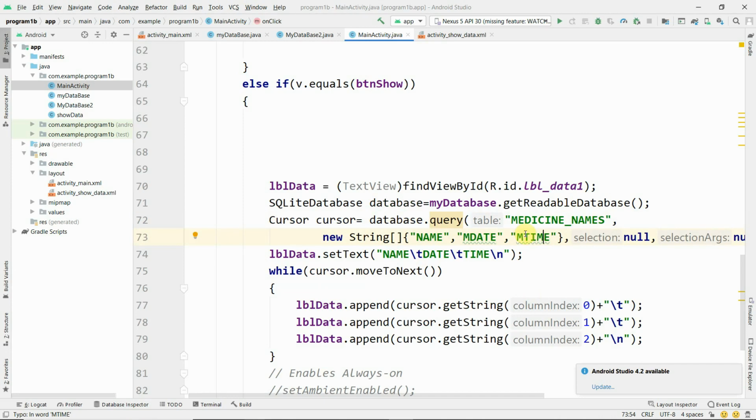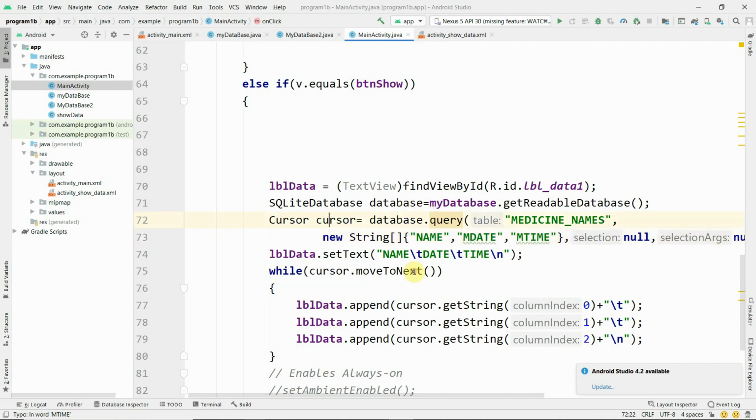Whatever data is retrieved from the table is stored in the array of strings with the attributes name, date and time. This is for querying.